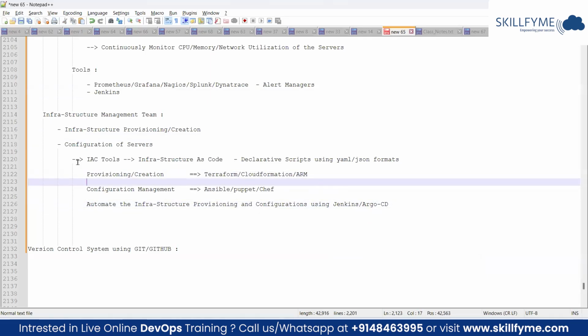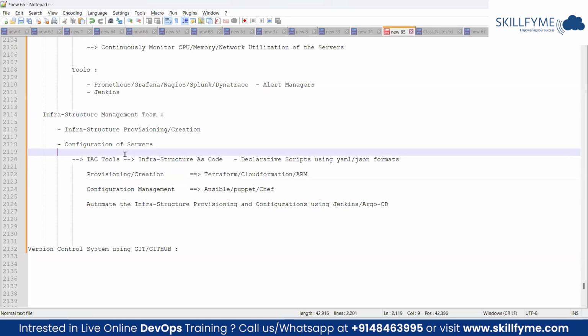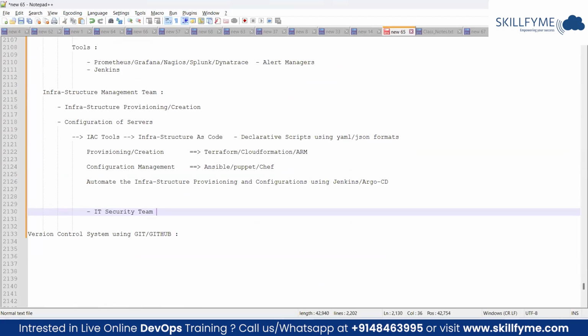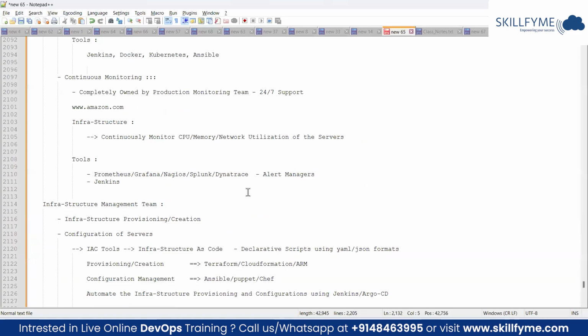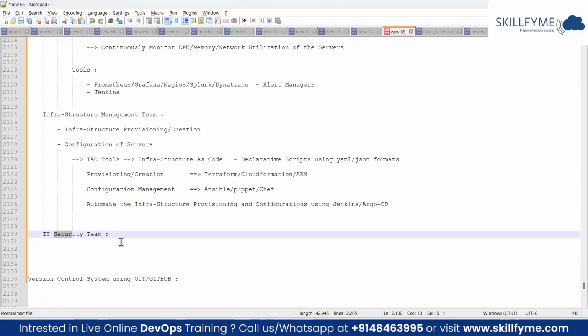So these are some tools that we can use from an infrastructure perspective, and DevOps plays a very important role in this area. So how is DevOps going to provide a solution or take care of IT security? As I said already, DevOps is primarily meant for automating your application builds and deployments, starting from continuous development till continuous monitoring we take care. But initially when DevOps was introduced, they were not concerned about security. Security was a very big concern that was handled at the end. And if you're using DevOps, it is a kind of drawback we can say.